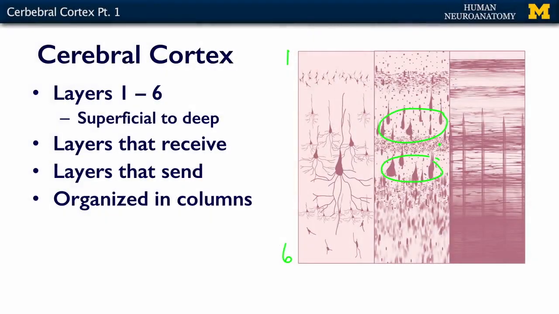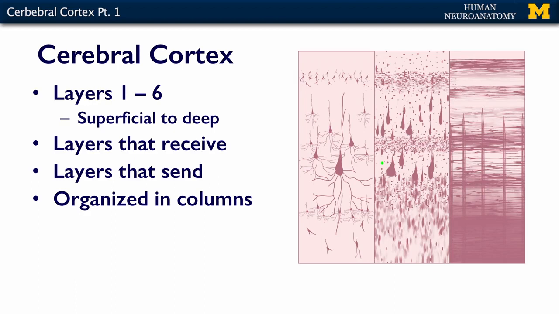And if you have a really long axon to maintain, you've got to have a really big cell body to maintain that axon. If you are a layer that receives, getting all kinds of information, you want to have a whole bunch of different neurons in there. So areas like this would receive, and layer 4 is big into receiving. And you have big dendritic arbors, so lots and lots of areas for synapses to take place. I'm going to erase and turn my drawing tool back on.